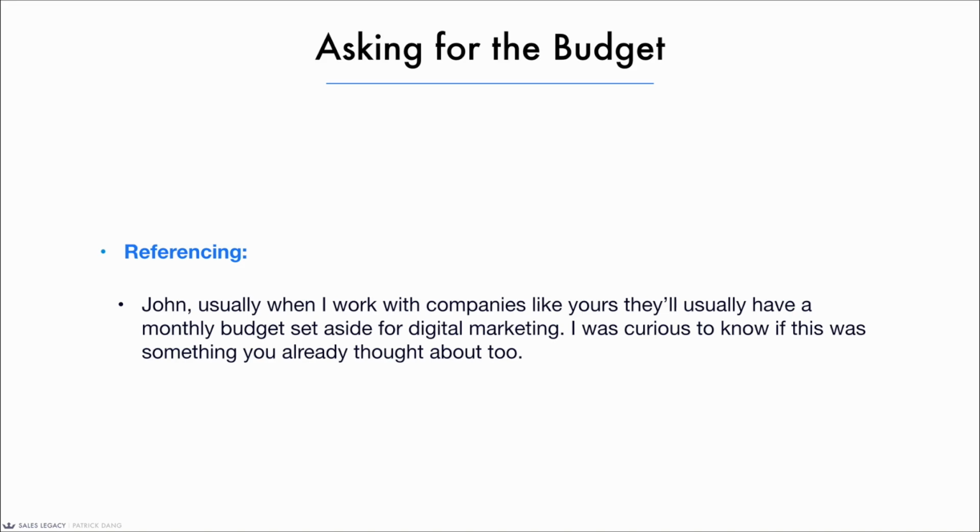Now, if your service is $10,000, you can pause the conversation right there and say, "Hey, look, John, typically when we're doing something like this, the range we're working with is between $10,000 and $15,000. It seems like you only have $3,000 to $5,000, so I'm not sure if it makes sense to work together. What do you think?" Then John might say, "Well, we can raise the budget," or John might say, "We can't do that." And so right away, you know that if the person doesn't have money for your product or service, then it's not a good fit. Then you end the call right there and move on to the next prospect.